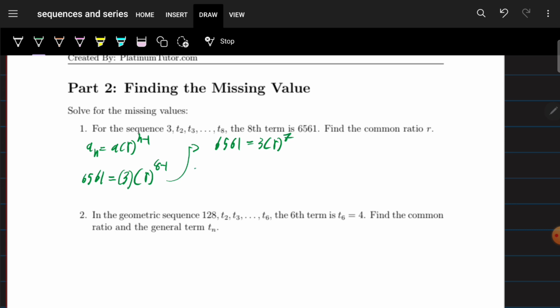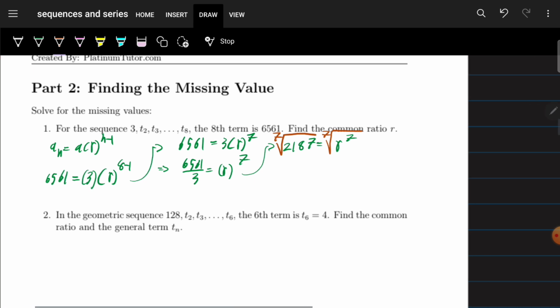Okay, I'll divide both sides by 3, and we'll get r to the 7 here. So let's see, 6,561 divided by 3, that's equal to 2,187, and that's equal to r to the 7. So how can we solve for r? Well, we'll have to take the 7th root